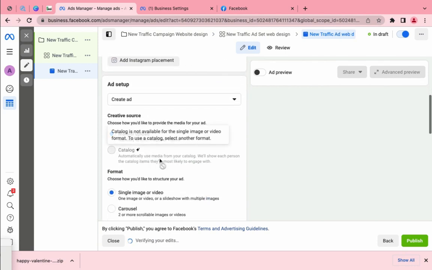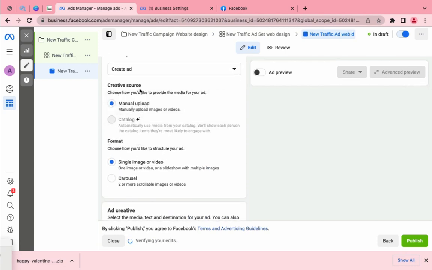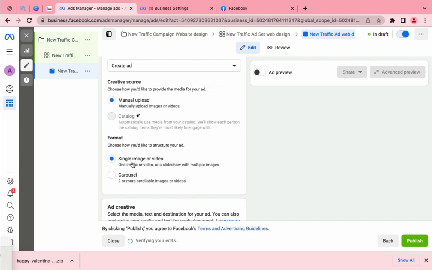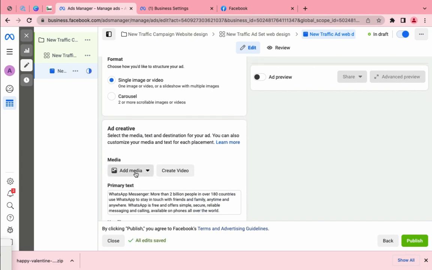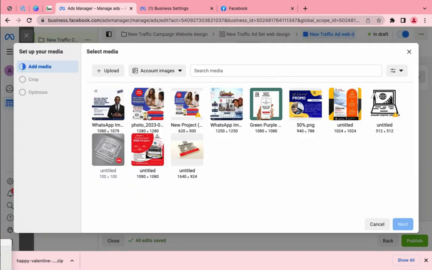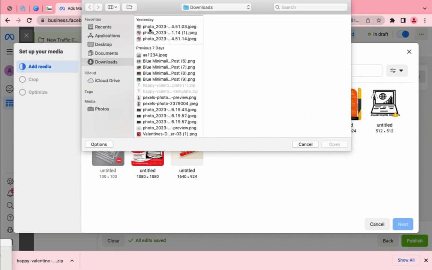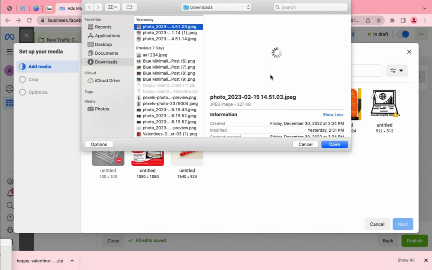Then you can now use creative source. You can choose what you want to upload. Because I want to use an image, manually upload, I want to upload it by myself. So single image or video. I'll be using an image. Click on add media, add image. This is the image that I want to add. But let's assume that I don't have it here. I can click on upload, and it will take you to your gallery. You can select any image of your choice, click on it,